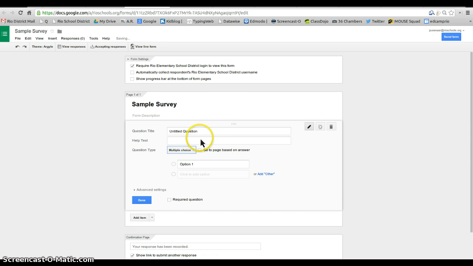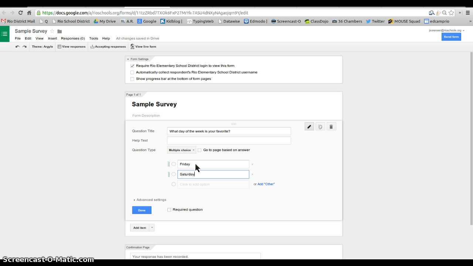You can make it duration, like between this time and this time. So I'm going to start with a simple one, which would be multiple choice. So again, multiple choice means they're only going to be able to select one answer. What day of the week is your favorite? So this one, I would only want there to be one possible answer, because unless there's a tie, they wouldn't really be selecting 2. So you can just type Friday, Saturday,